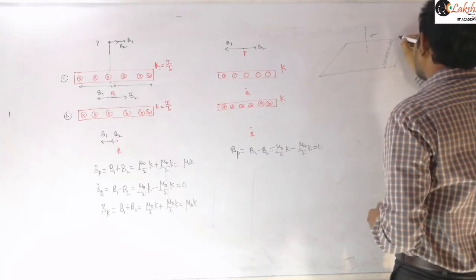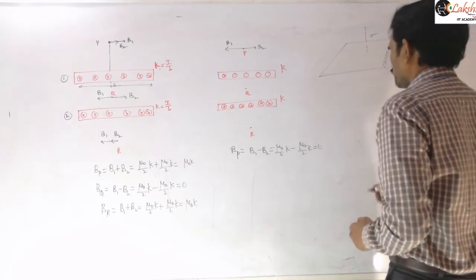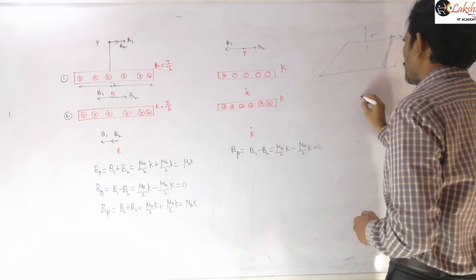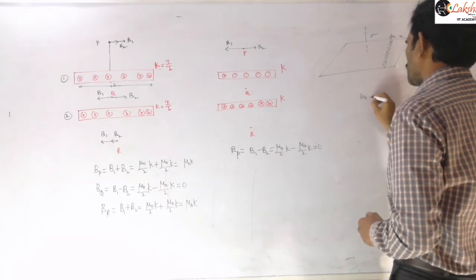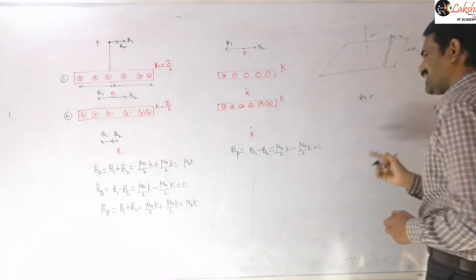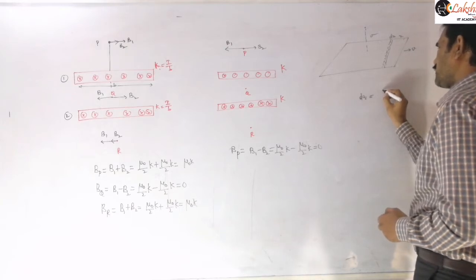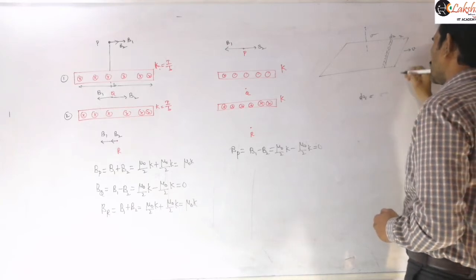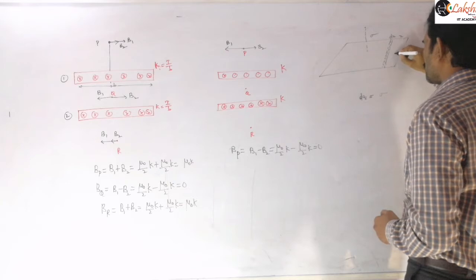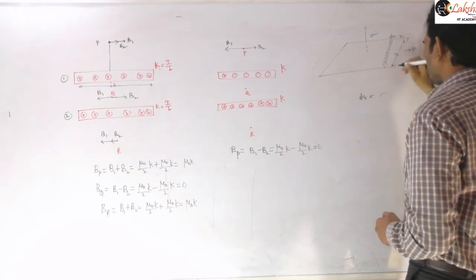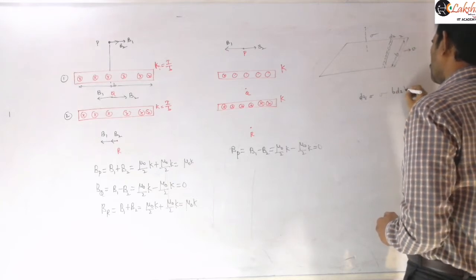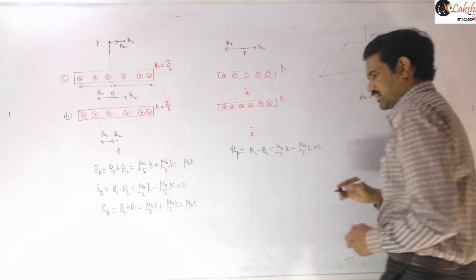So this is x and this is dx, let us consider. And so now this dq value, first we need to write the charge present on this. So the dq value is nothing but I can write this as sigma into area. This area is nothing but, suppose this width I am taking as b, then b into dx you can write. So that gives us area.